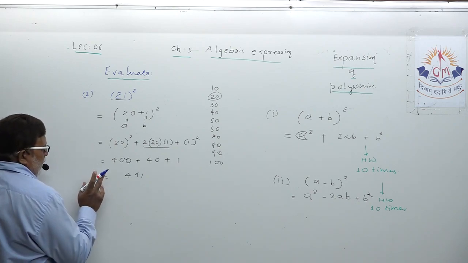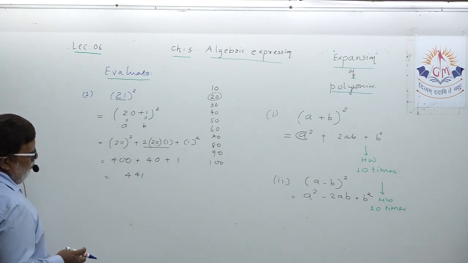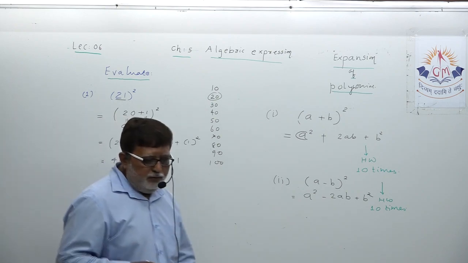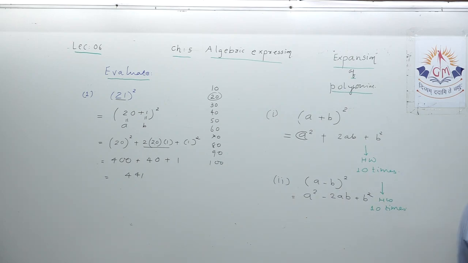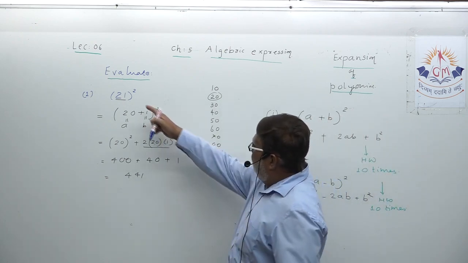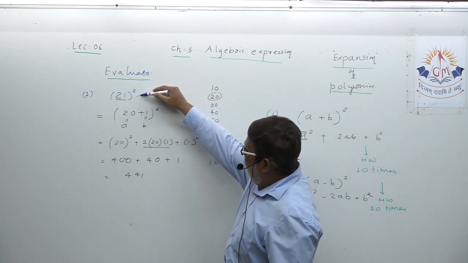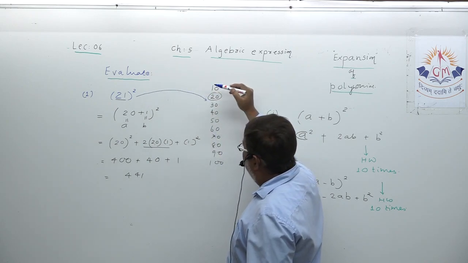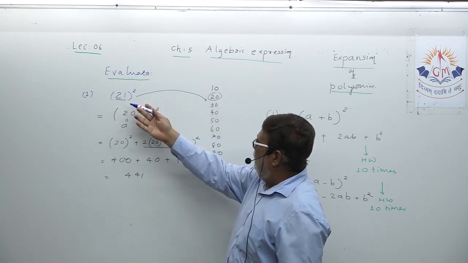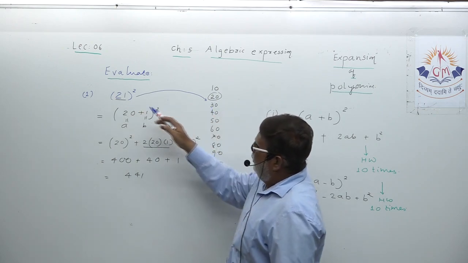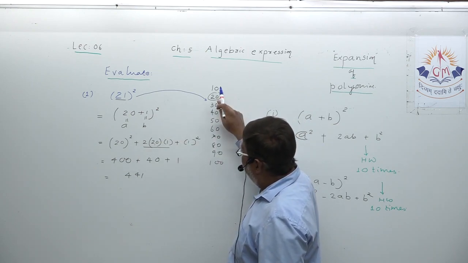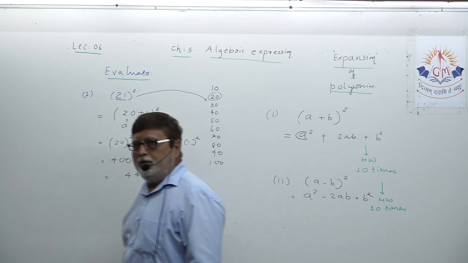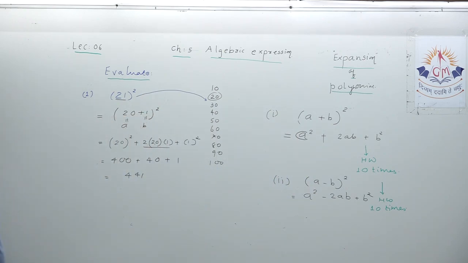Is it clear in your mind? Then we will take one more example to understand this basic concept. First you verify this sum properly so that you can understand the next example. Never, dear student, when you split the number, you have to think of the number which is nearer to it. I may split as 10 plus 11, 21, but that's not proper. 30 minus 9, 21, but that's not proper. You have to think of the number nearer to this. Is it clear in your mind? That way you can split.